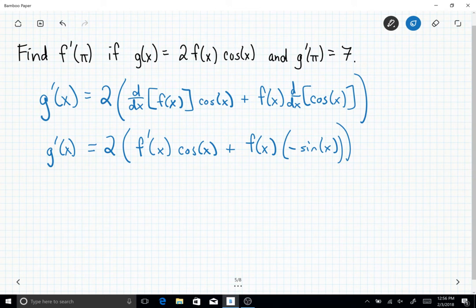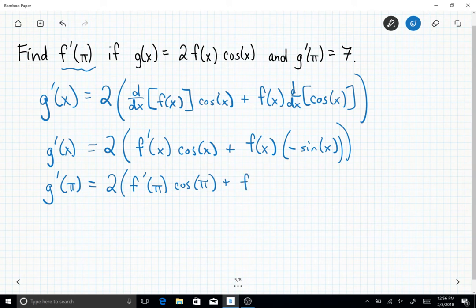Okay, so now if you wanted g prime of pi, here's all you need to do. You get 2 times f prime of pi. Oh, I notice that's what we're looking for, the f prime of pi. Cosine of pi plus f of pi, which looks kind of scary because we don't have any information, and then negative sine of pi. Notice I'm not even simplifying this right now, just because we can get towards the answer that way. Now, in case you do not know what happens here,